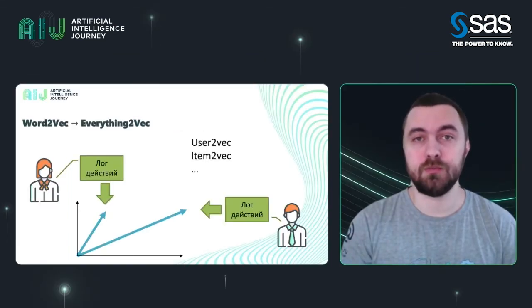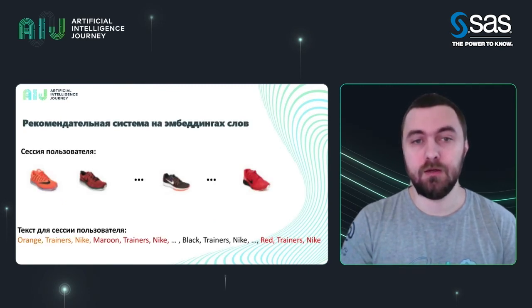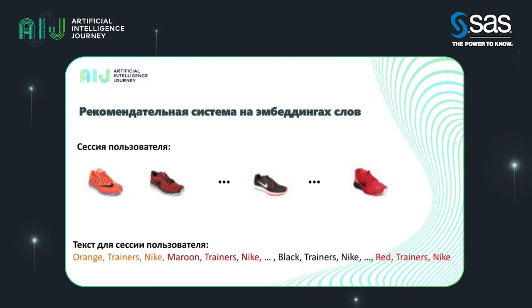We can also use these logs for goods viewed in the store and build embeddings for goods. Based on this approach, we can build a recommender system. We can check the user's sessions, the goods they viewed, and generate a formal artificial text. You can just write out the identifiers for the goods they viewed and analyze that text. It's not that good though. It's better to use something else.